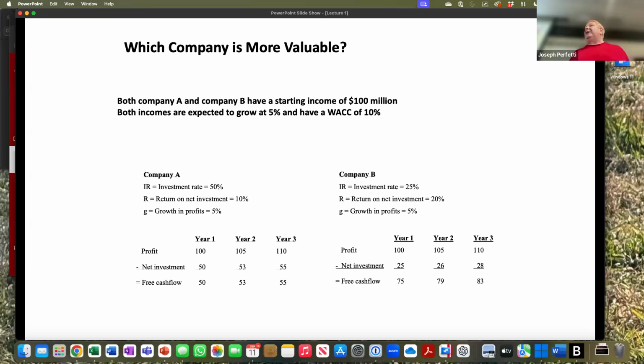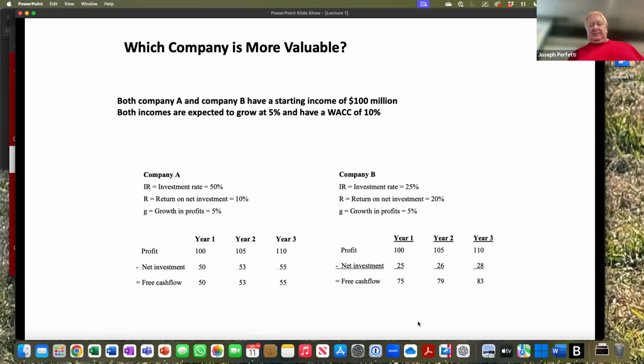Right? Now, what gets complicated in the real world is growth doesn't stay the same. Growth rates change. They're not always the same amongst companies. And that's what makes valuation a little bit trickier, but that's the key to valuation. Okay, so to show you an example of this,